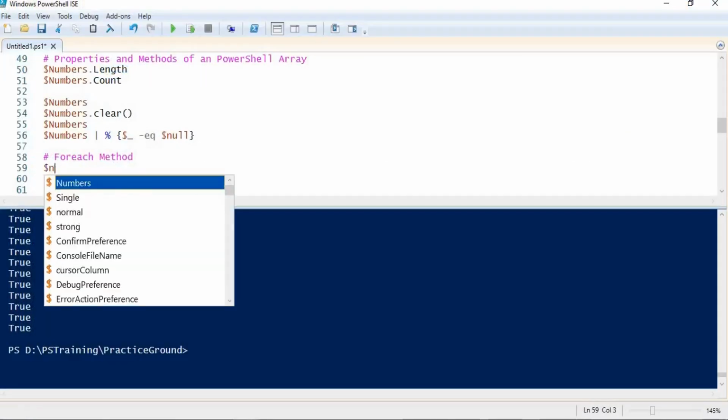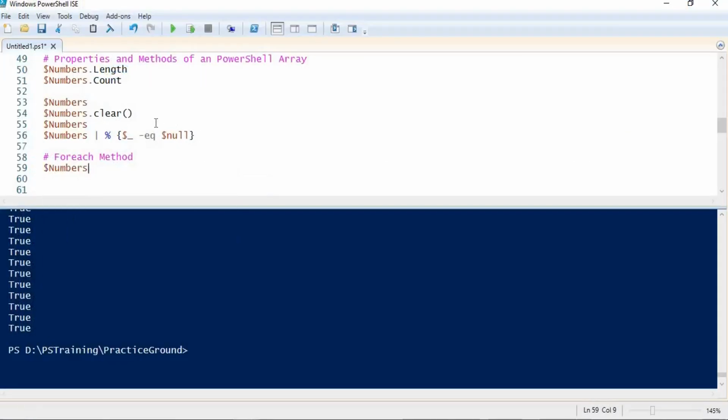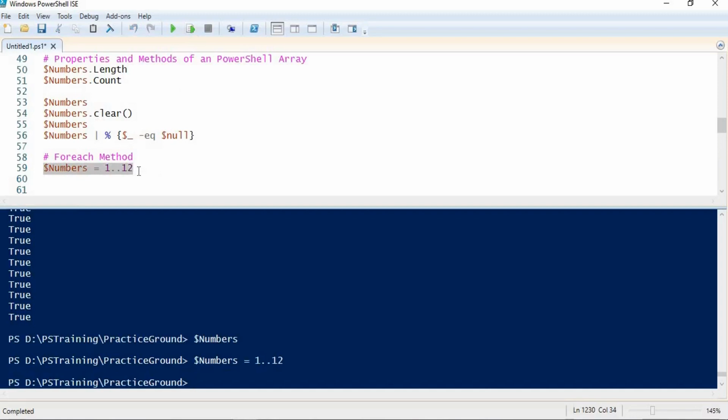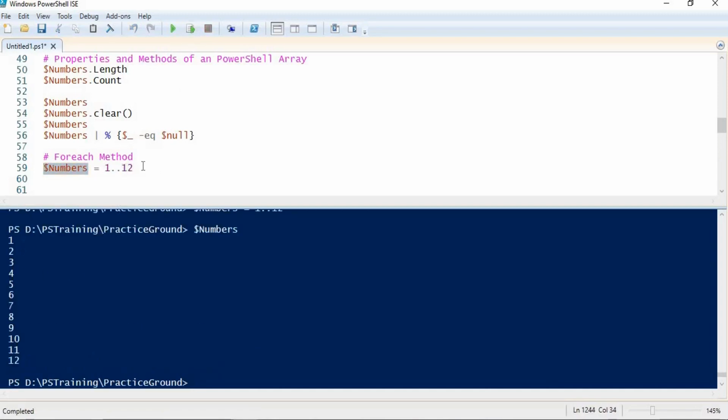We created one array in our last demo. So let me return its values. Oops, we don't have any element in this, because we cleared all the elements in our last demo. So let me populate it again, maybe with the same type of elements, that is 1 to 12. If I run this command, it is populated again, and if I run this, I can get its elements.